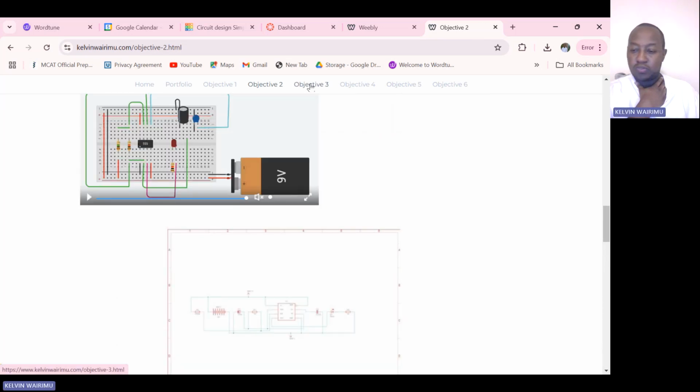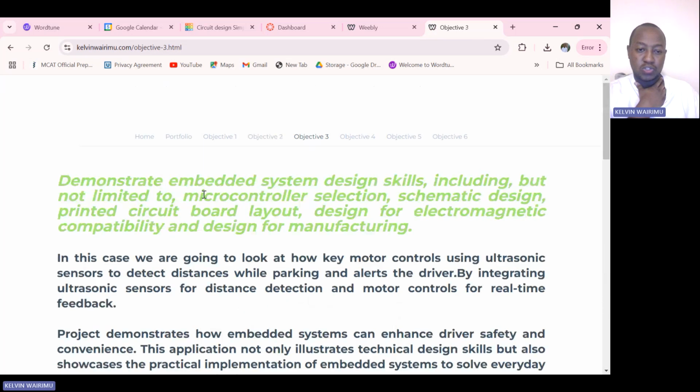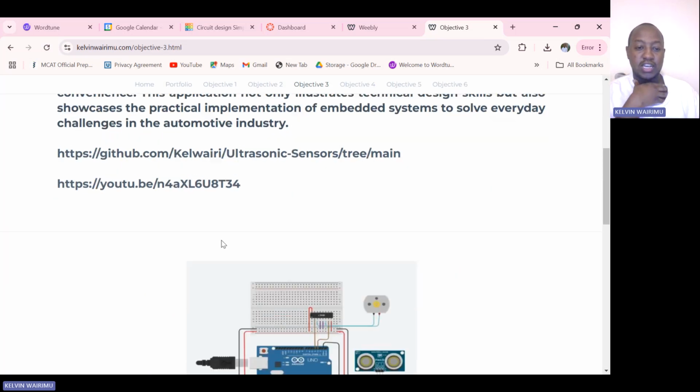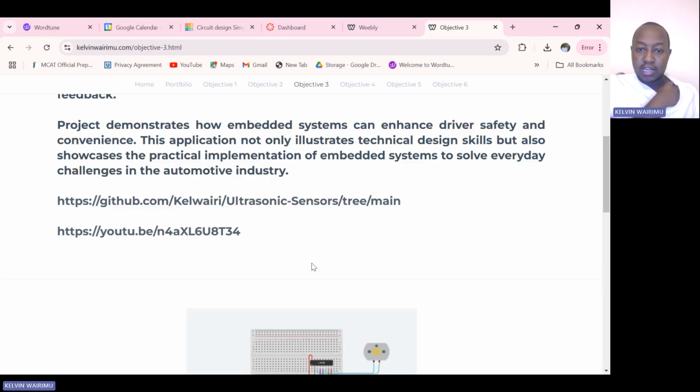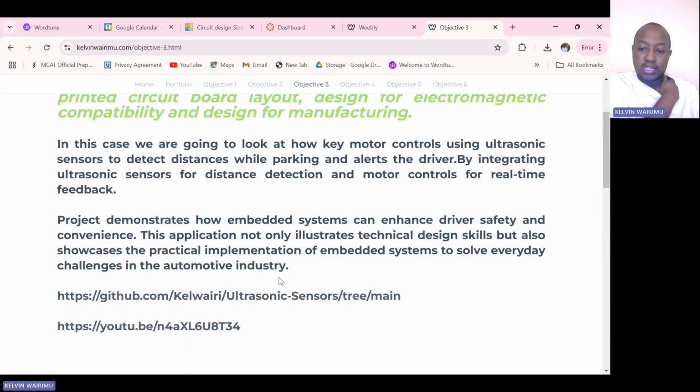Perfect. And when we move to objective three, it talks about demonstrating embedded system design skills, including but not limited to microcontroller selection, schematic design, printed circuit board layout design for electromagnetic compatibility, and design for manufacturing. And so in this, I used the ultrasonic